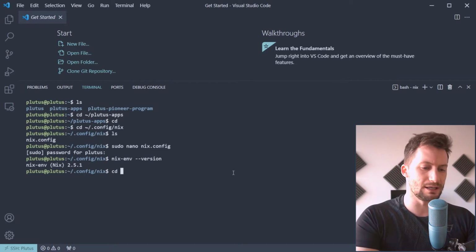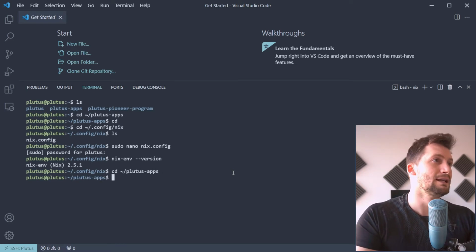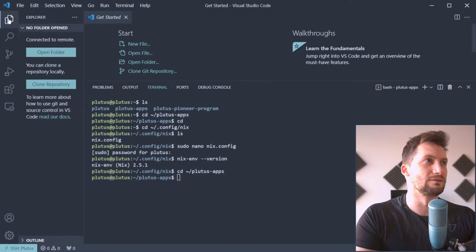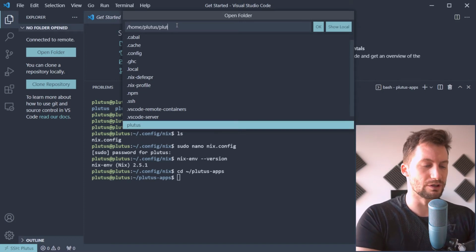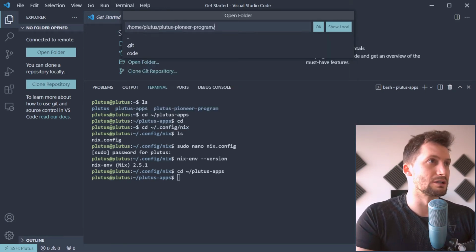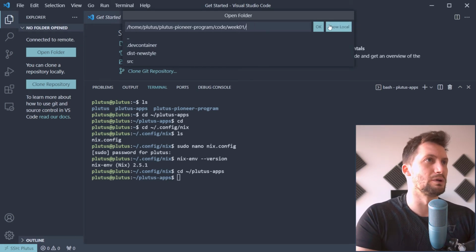So we're going to go cd, we're going to go Plutus apps, right? Here, and this is one of the advantages of VS Code, is we can open a folder. So here we want to go to the Plutus Pioneer Program, and we can just click on that, and then we go in code and week 1. Oh, that was wrong. We just want to open this week 1 folder in the